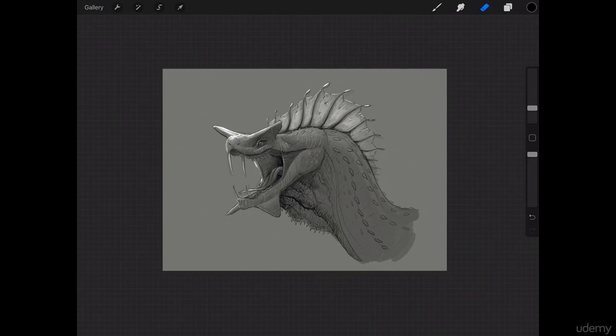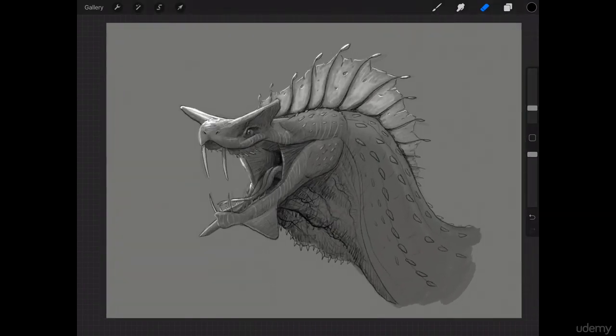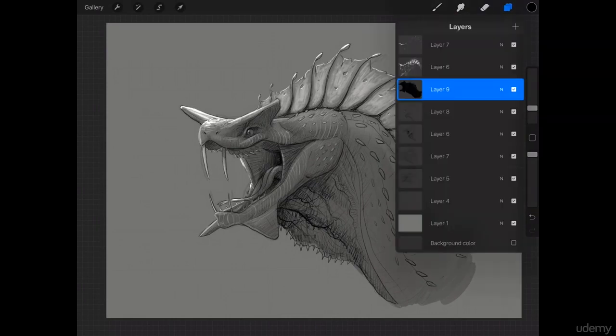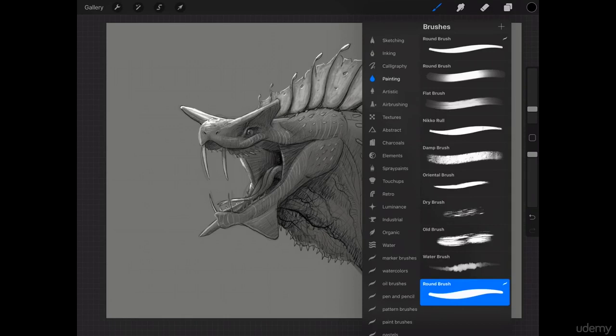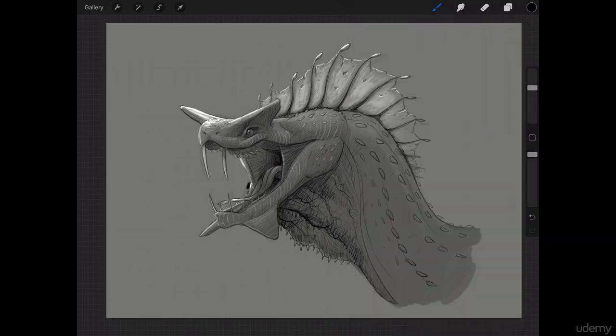Excellent. And then last step, the last thing we're gonna do to this guy is add kind of like a background. I'm not going to draw any sort of a specific background. Instead, what it's going to be is, let's get our sketching pencil back. We're going to do kind of like a scribbled in background, just so that we have this kind of value to contrast against,